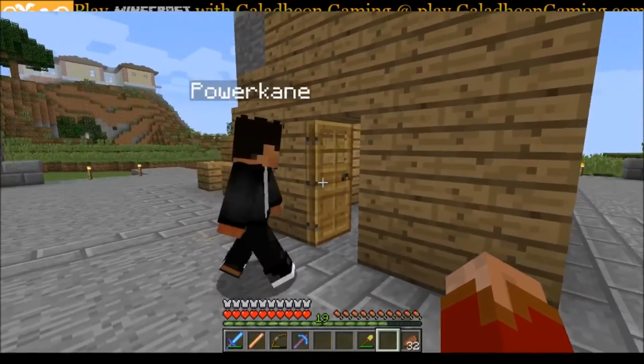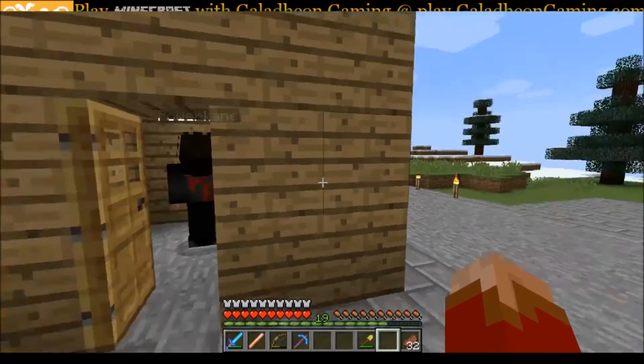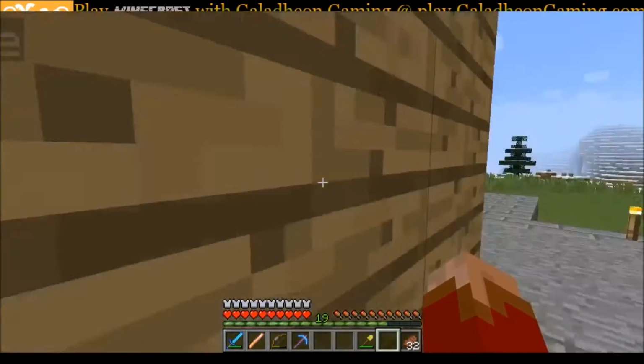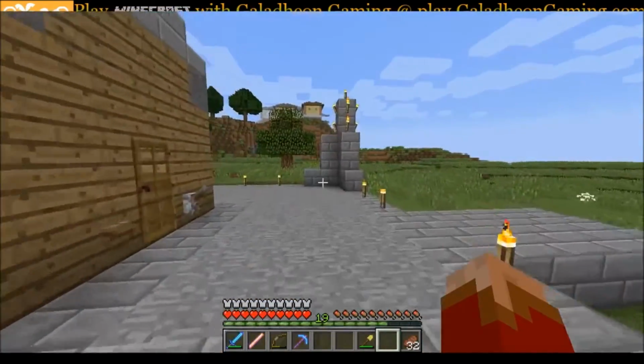He can open the door because he has access trust, which is, you know, okay, I guess. But he can't build anything in there, and he can't do anything in it. Now, if you go back outside and follow me all the way back around to the lever and button,